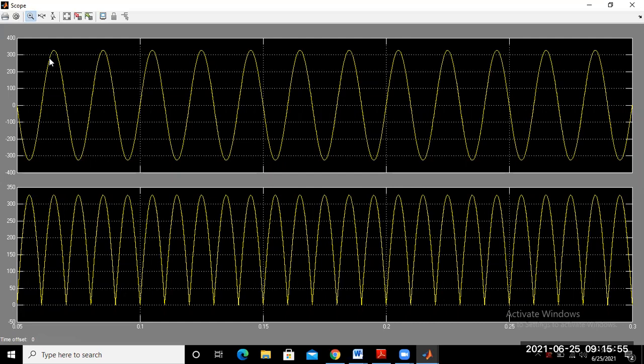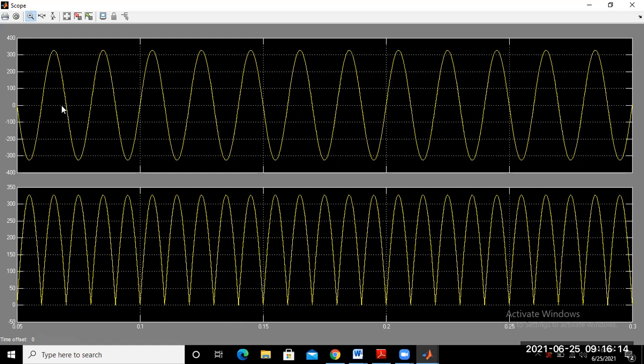So what is the exact value? Multiply 230 into 1.42, it is 326. So this value, from here to here, is your 326 volt.